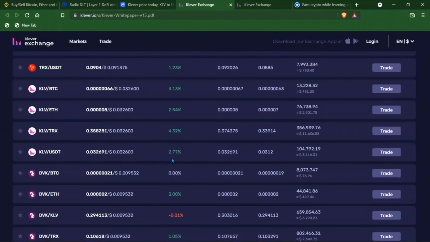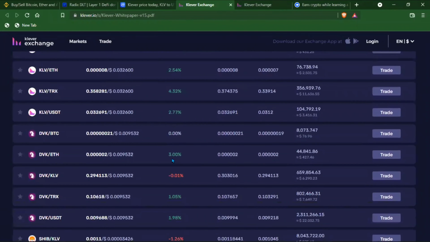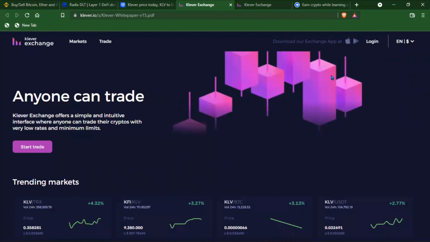Which you can see now, it's still in the development stage. They have SHIB, they have all of this, and you can download it on Google Play and App Store if you want. Don't forget, the purpose of this video is just to show you guys how I do my research, and we're using KLV coin as an example. So we're moving on to